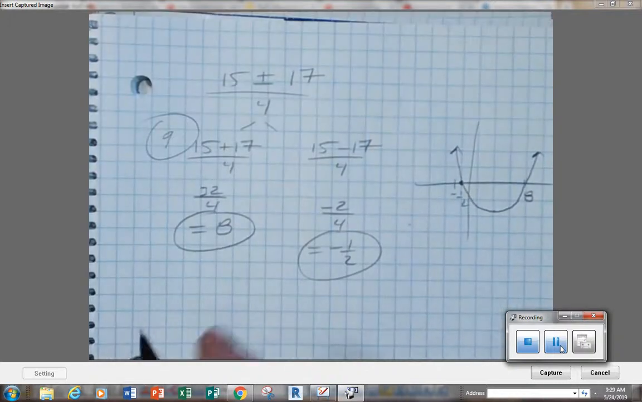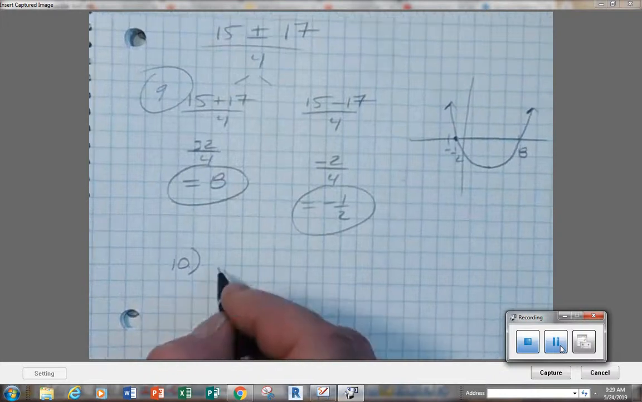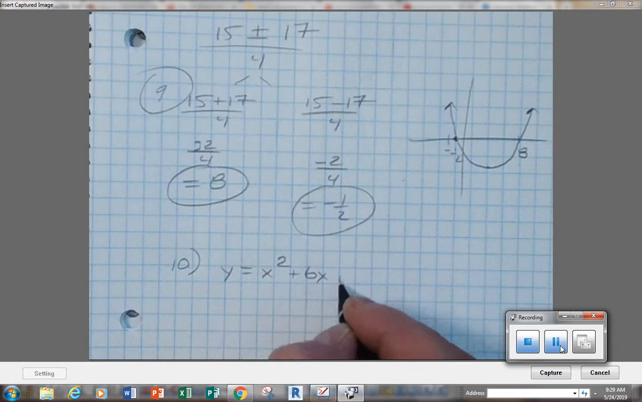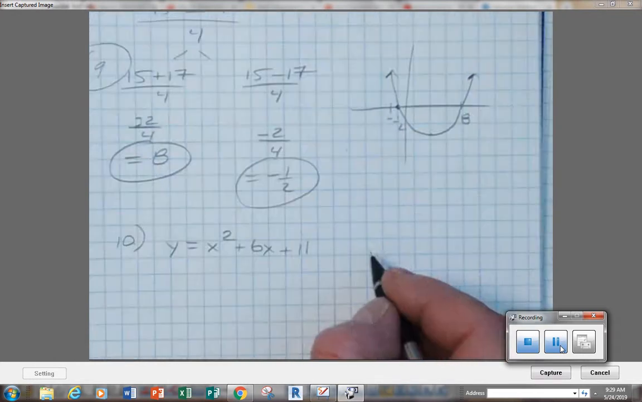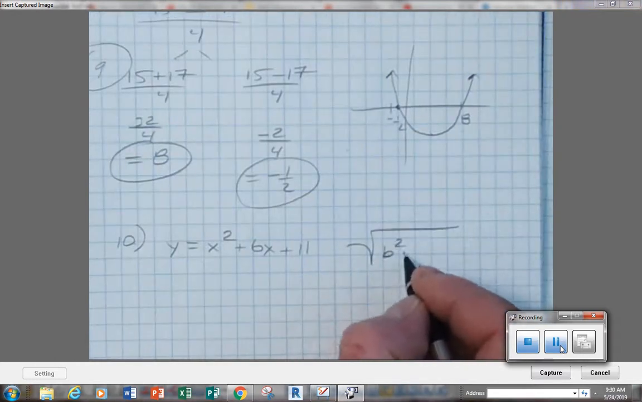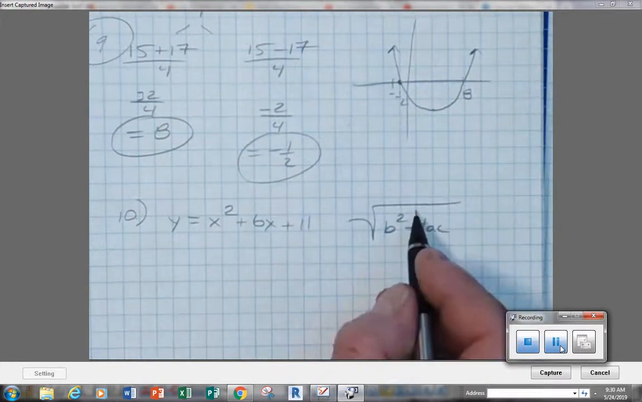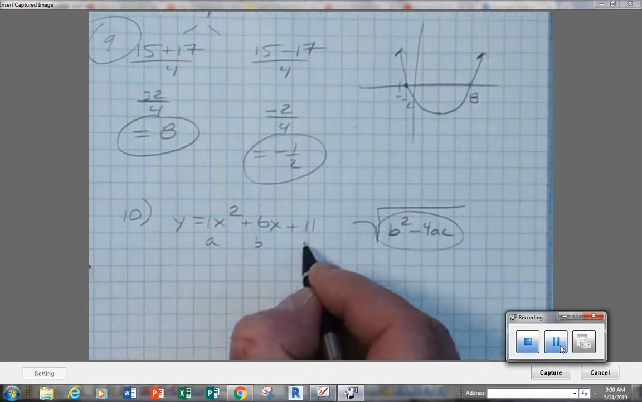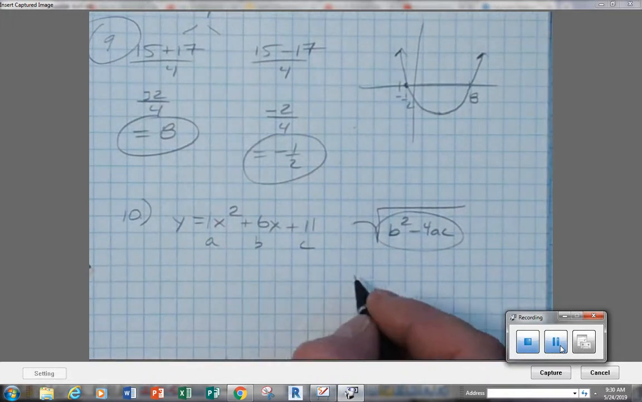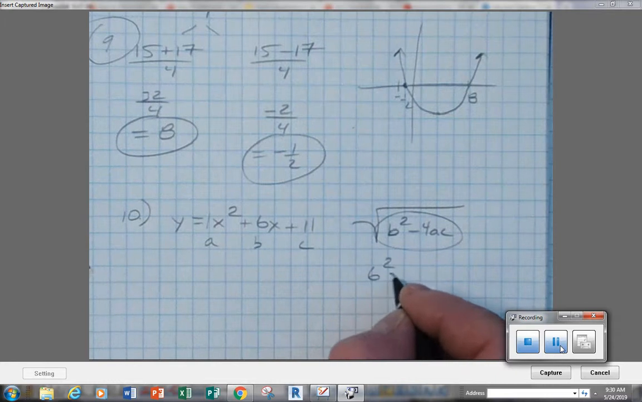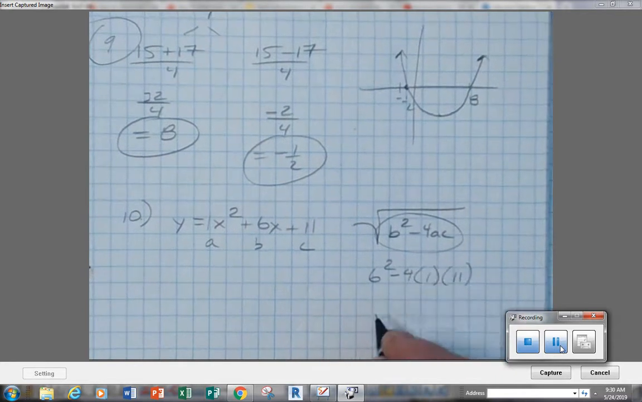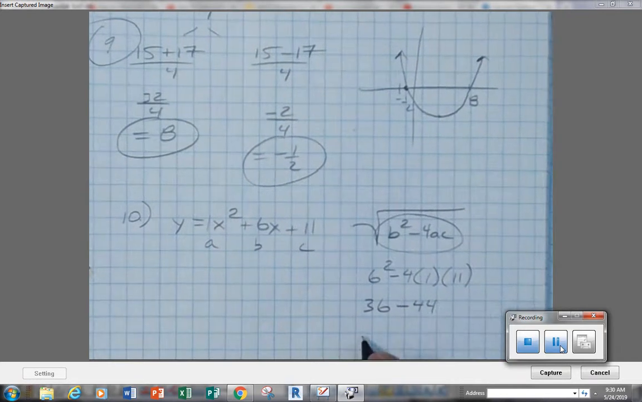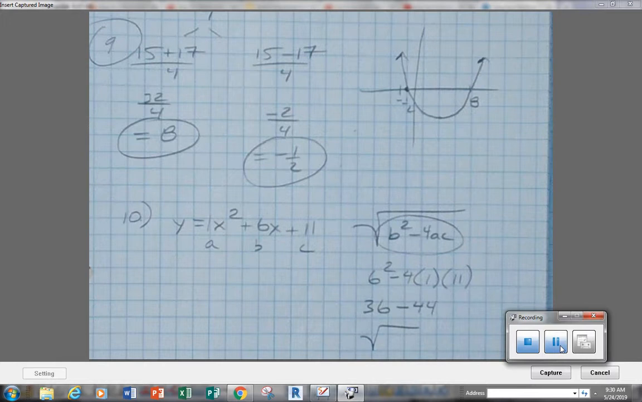Alright, problem 10. The discriminant is just part of the quadratic formula, which is this part underneath the radical. You're looking at just this part right here, not even really worried about the radical. So here's my A, B, C. If I plug those in, the discriminant tells you stuff. It gives me 36 minus 44,